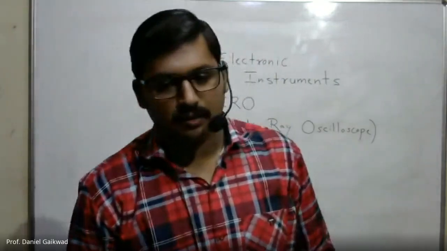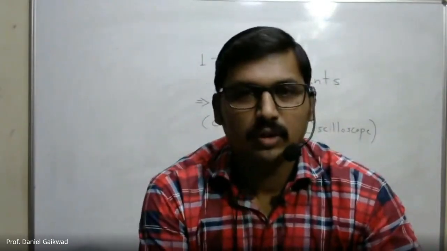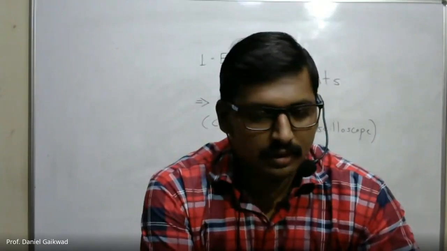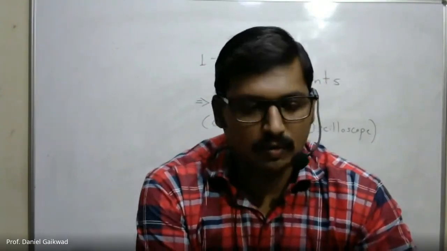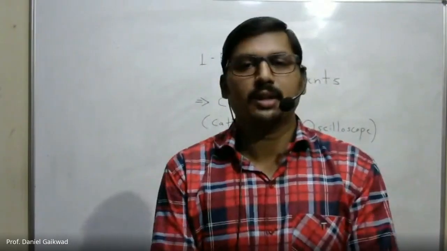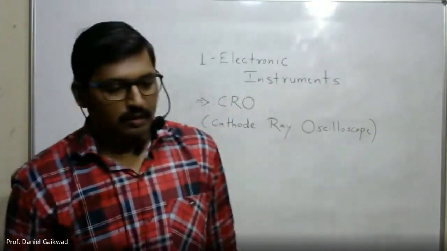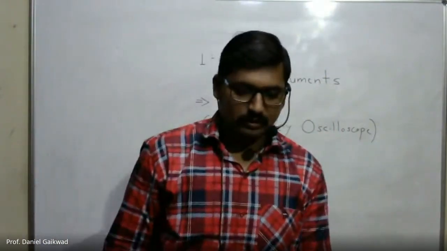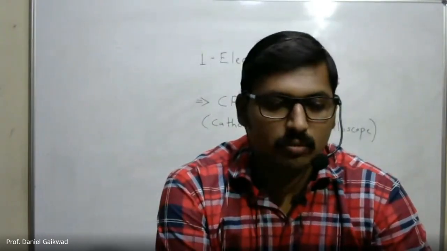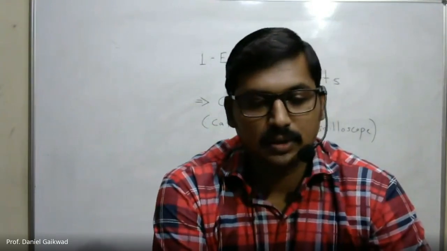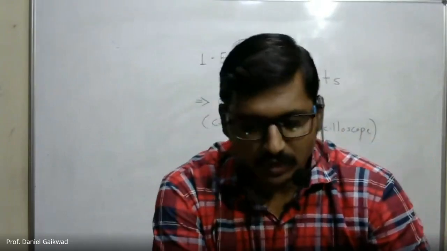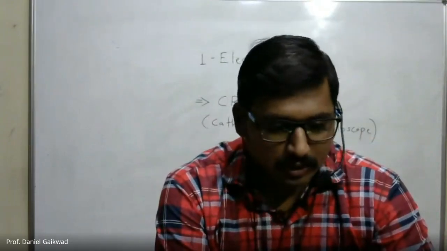So in previous lectures, we discussed a number of concepts of the cathode ray oscilloscope. For example, the cathode ray tube and its construction, working, different components, all these things we have already learned in our previous lectures. Now we have the actual concept of CRO, its block diagram, and then the description of each block, that we will go through in detail in this lecture. So let us begin with the presentation.